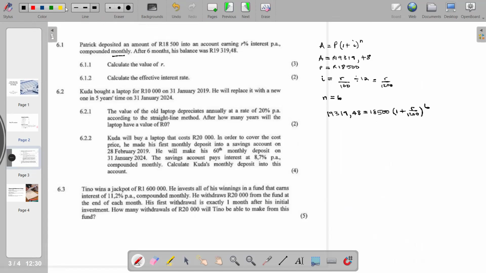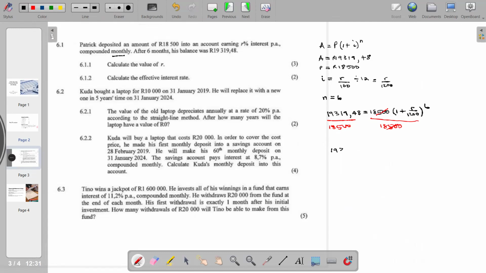So from there, it means we are now going to divide both sides by 18,500. By so doing, these divide each other, so we are now left with